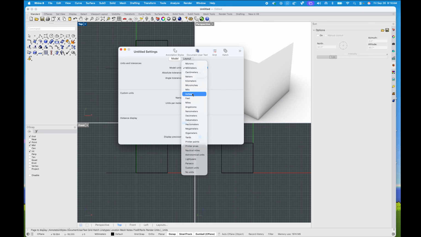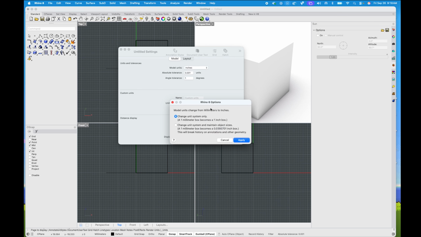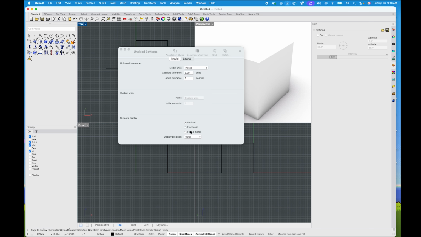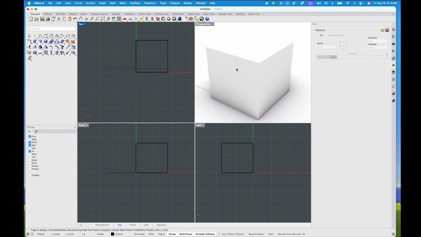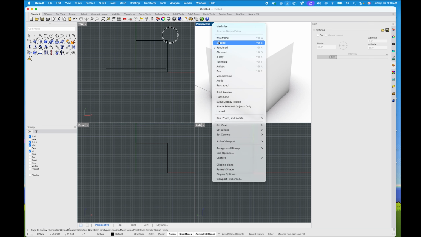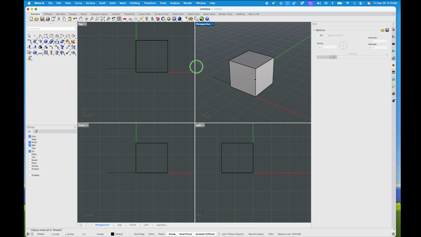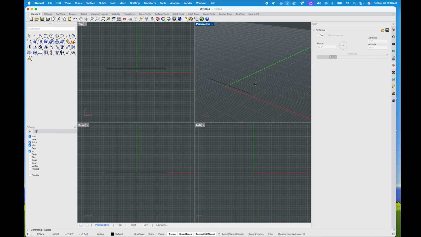So in my case, for today, I'm going to use inches. We'll switch it to inches. We'll press apply. And of course down here in distance display, I want to use feet and inches, not necessarily decimal, right? And we'll exit that. You'll notice nothing really changed, and I'm going to switch this back to a shaded view just to save on some CPU space. But let's go ahead and get rid of that box and make one of our first objects,